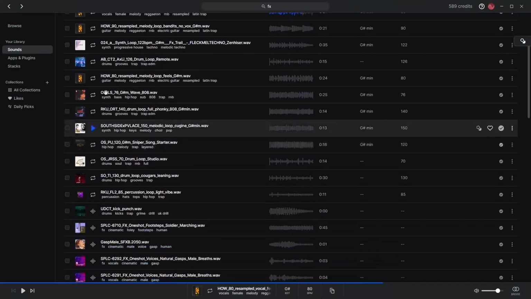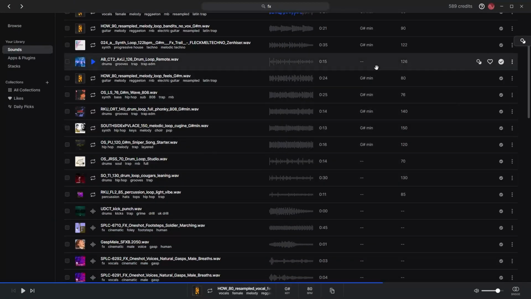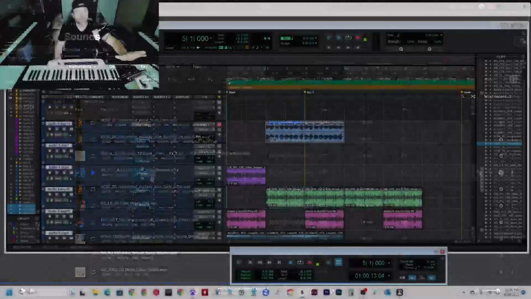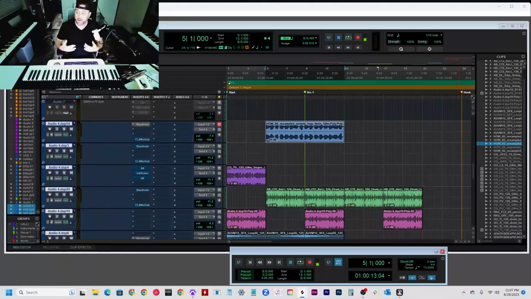Let me go ahead and show you a display of that. While you're scrolling through it, hit and play whatever sample you want. It'll match the BPM, it'll match the tempo and all that. Well, unfortunately, it doesn't do that for Pro Tools. So since it doesn't do that in Pro Tools, I thought that I would just show you guys how I do it. Basically what I do is I just go through here and I hit play on whatever I'm doing